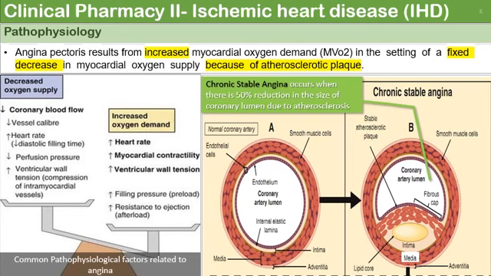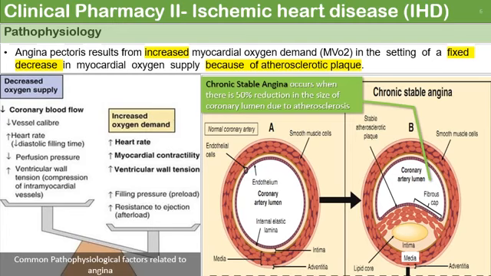In the other part, or another extremity, there is an increase in the oxygen demand of the heart. Factors related to an increase in oxygen demand include the heart rate, myocardial contractility, increased ventricular wall tension, increased filling pressure (preload), and resistance to ejection (afterload), like in the case of severe hypertension, where the afterload is very high,